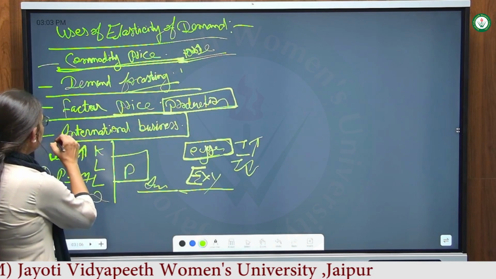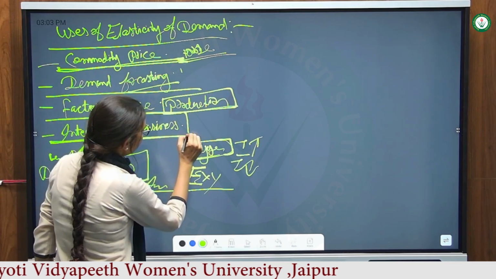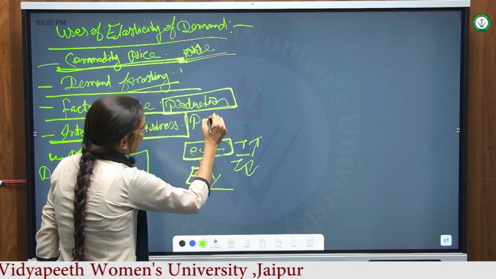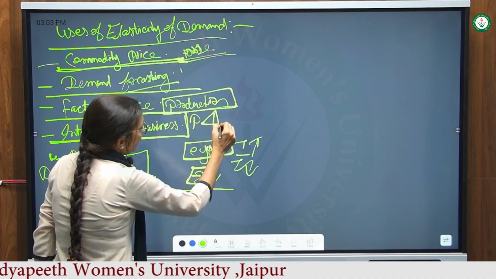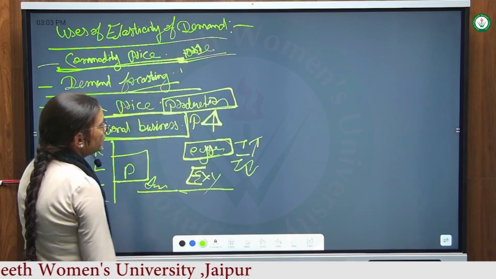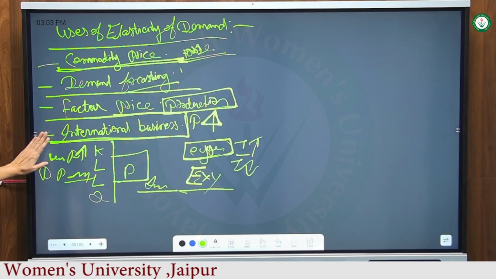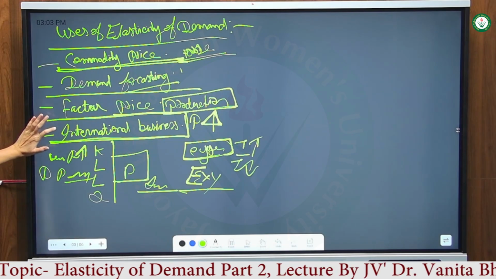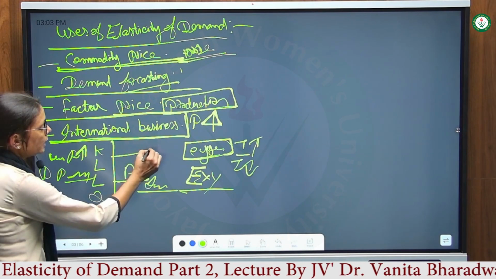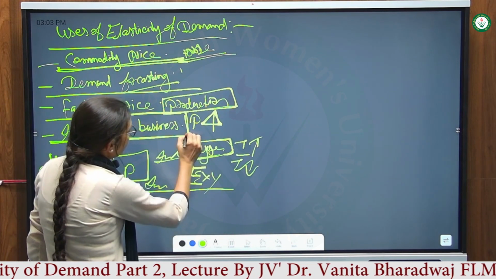So in the international market, due to the inelasticity of demand of petrol, the price of petrol will go up, because the demand is inelastic. Then prices will be charged more in international business. So if your product's demand is inelastic, then you will charge more prices, and if elastic, you will charge less. This is the main topic of the